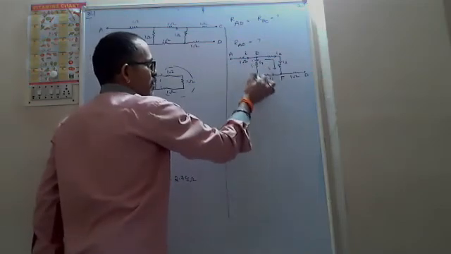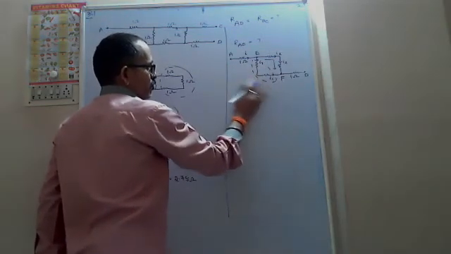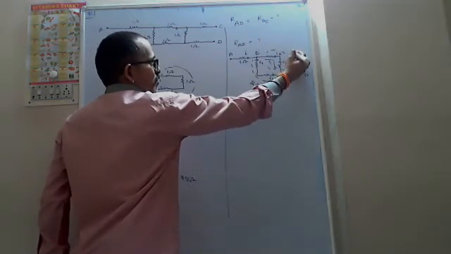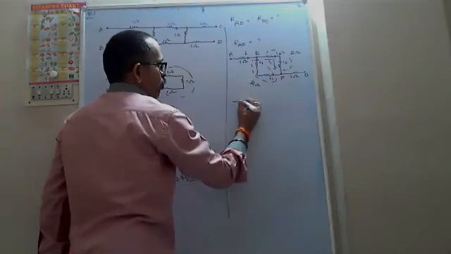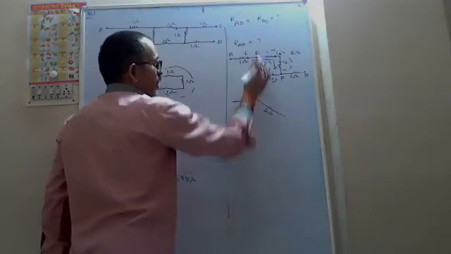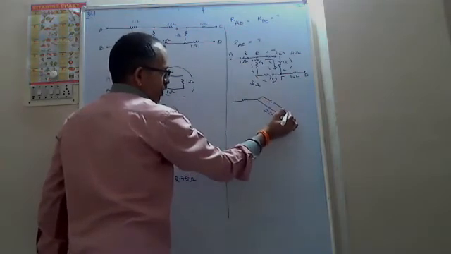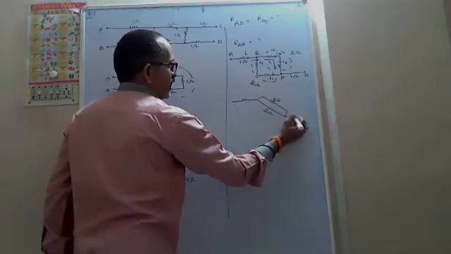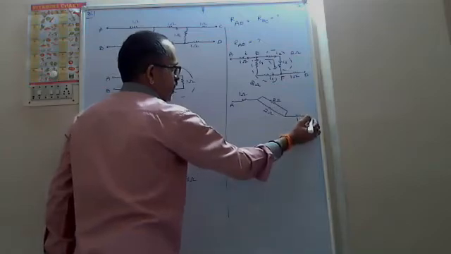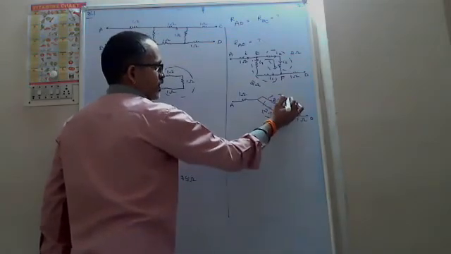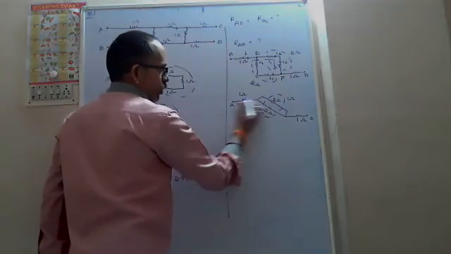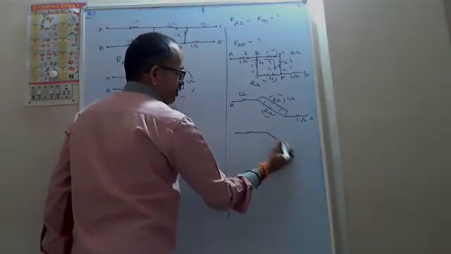So these two are in series, means what is the effective resistance? 2 ohms. Very good. And those two are in series, means what is the effective resistance? 2 ohms. And here 2 and 2 are in parallel or something else? Parallel, sir. This is one 2 ohm, and that is one more 2 ohm. They are in parallel. And here this is 1 ohm. Very good. And between A and D, since they are in parallel, the effective resistance is 2 into 2 by 2 plus 2, that is 1 ohm. And all the three are in series or parallel?